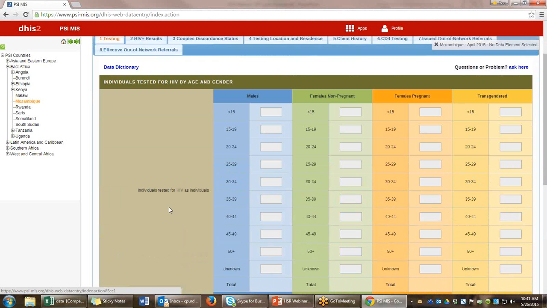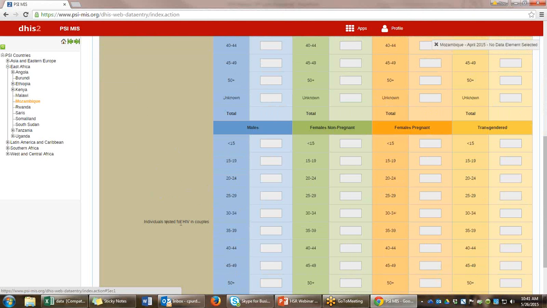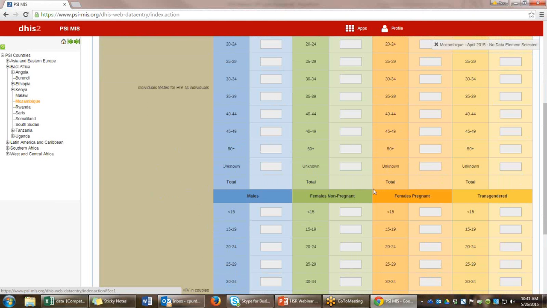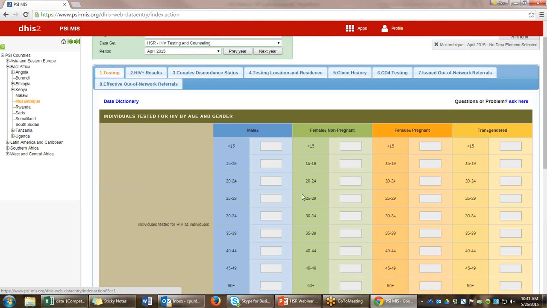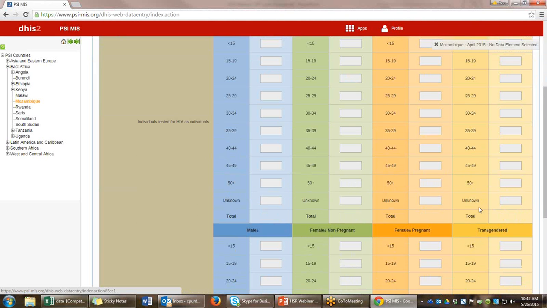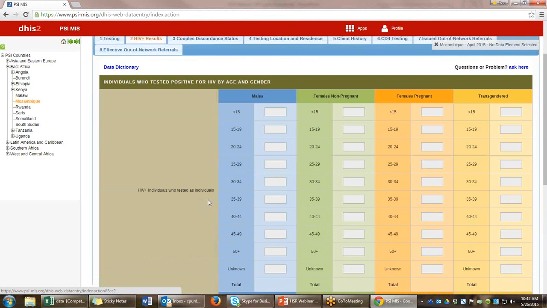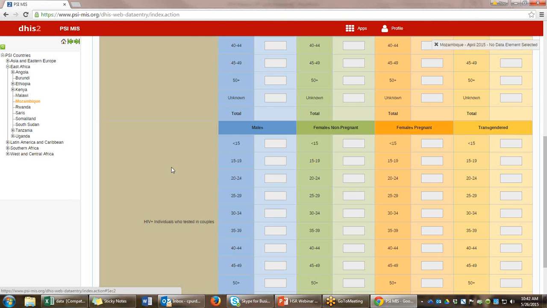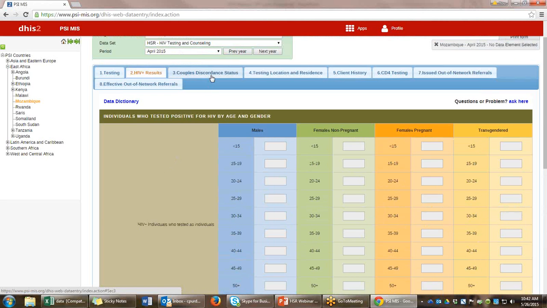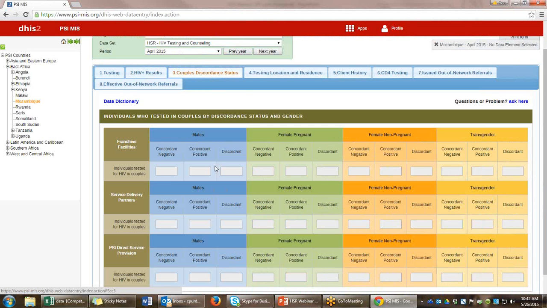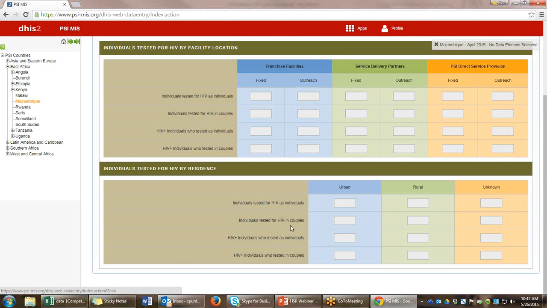So for instance, the first tab here, you have total individuals tested for HIV, both as individuals and here broken out in couples, and then you have the age and gender disaggregations here as well, and also in an unknown category. And then if you go over here, you'll see that it's HIV positive results by individual and couples, couples by service delivery channel and seropositivity, testing location and residence,